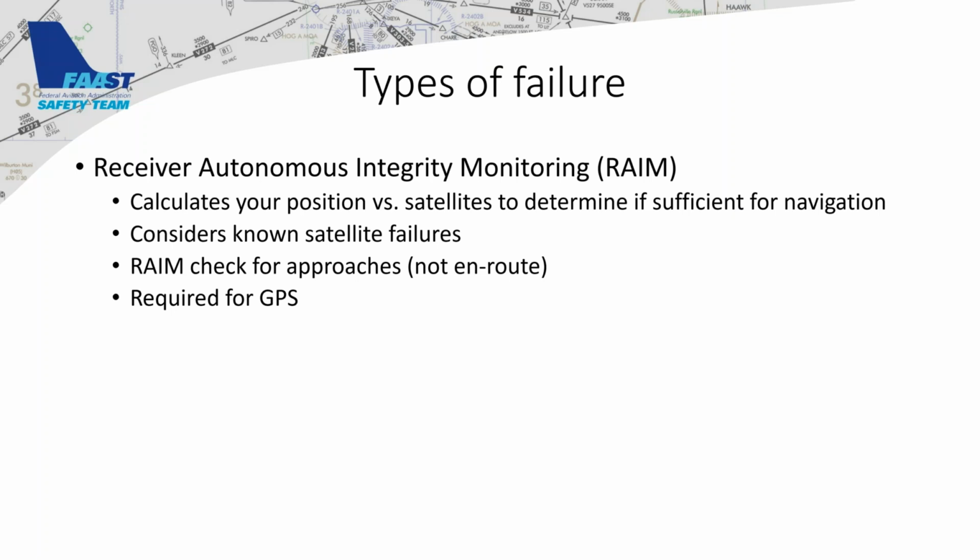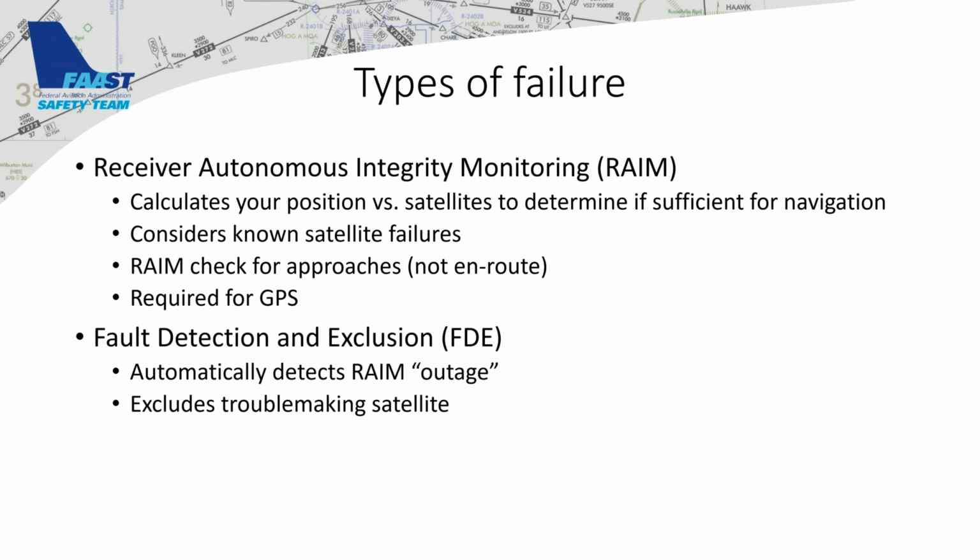So we would always check our RAIM before we go out and fly, and we would only shoot a GPS approach if we had enough RAIM to do so. A newer form of failure detection is fault detection and exclusion, or FDE, and that automatically detects a RAIM outage and excludes that satellite, so you're not getting bad data from it. The newer GPS units, most all of them have FDE or some form of FDE, and that's why you might not get that pounded into your head from your instructor like I did when I was first learning GPS. You don't have to check RAIM anymore because we have this thing called FDE. So it's the newer and better version.